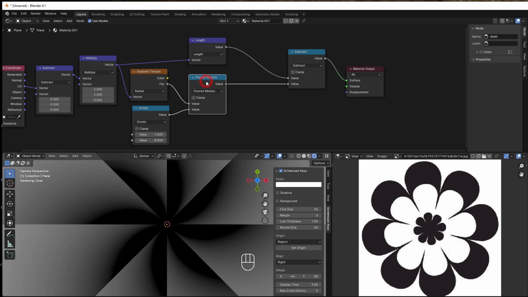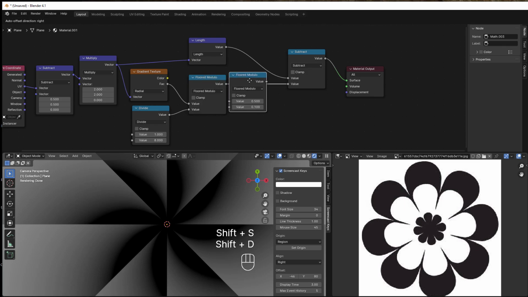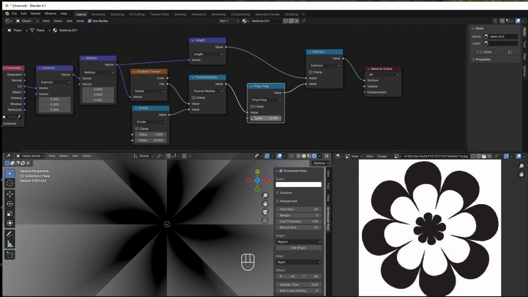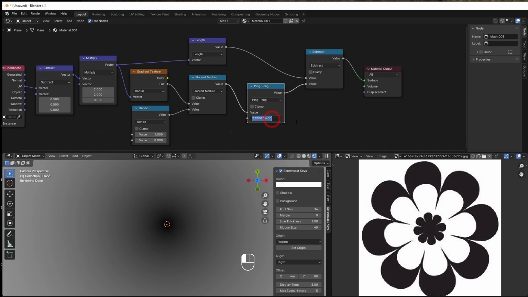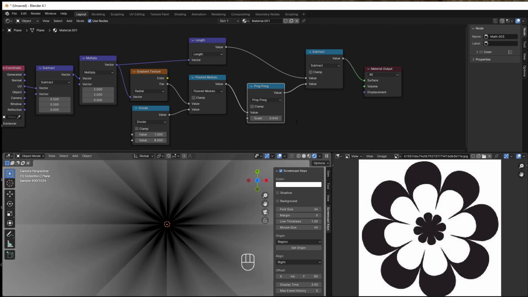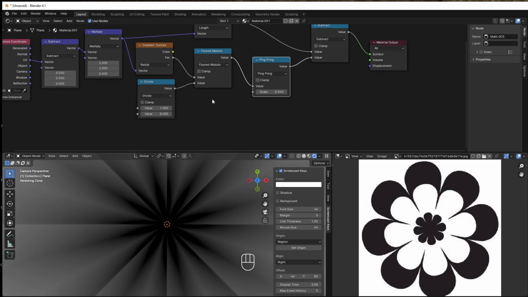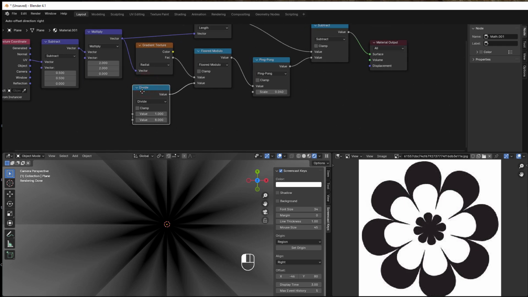So if I just take Shift D on this one and we change this into ping pong, then we can change this value here, and when we change this value to something small, we also change these leaves here, so they are now almost leaves. To make them exact leaves, all we have to do really is to take this value and divide it by 2, and that will